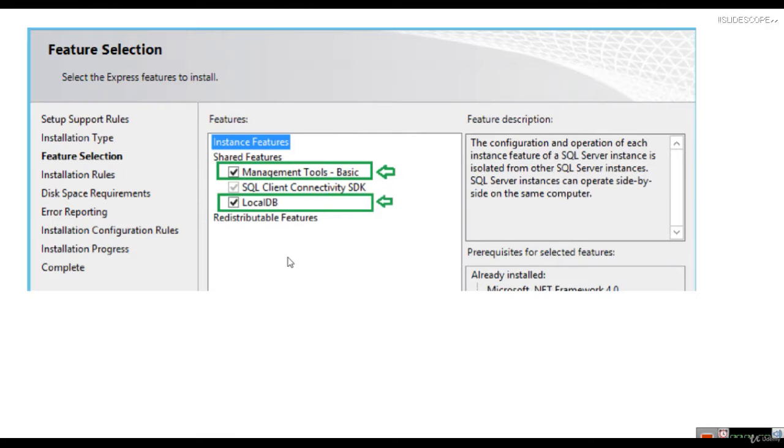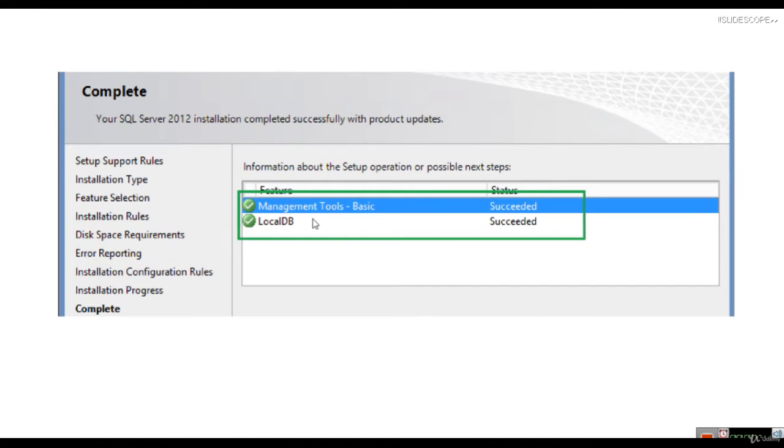After this, in the feature selection, make sure that you have Management Tools Basic selected and LocalDB selected. SQL Client Connectivity SDK will be selected by default. And then after some installation progress, you will see that your installation is complete. So this is how you can install SQL Server Management Studio.